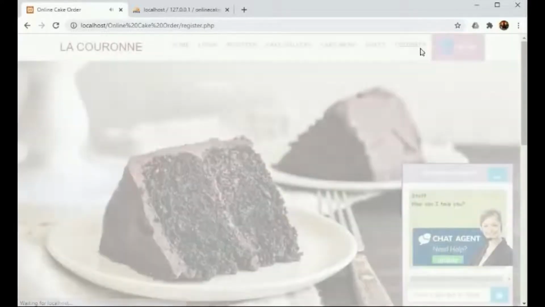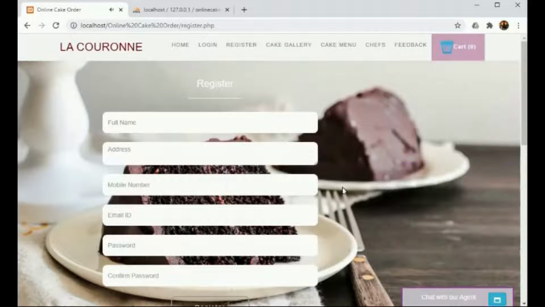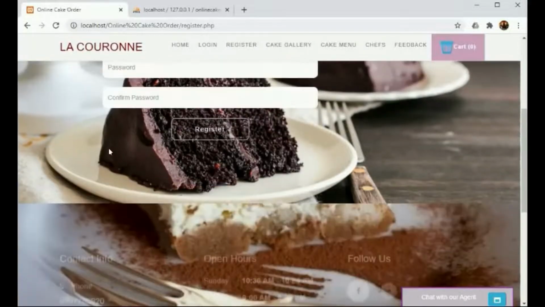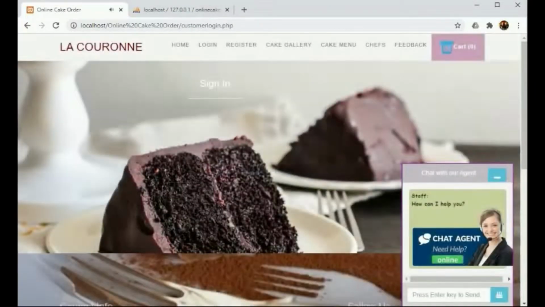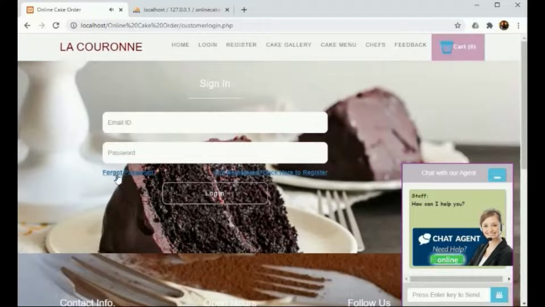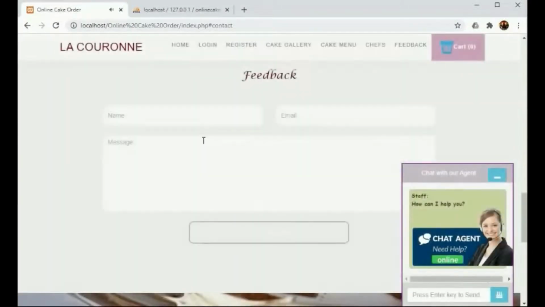Register, here the customer can register by entering their personal details, and in the login panel, customer can log in by mentioning their email ID and password. Feedback panel, where the customers can give their feedbacks.